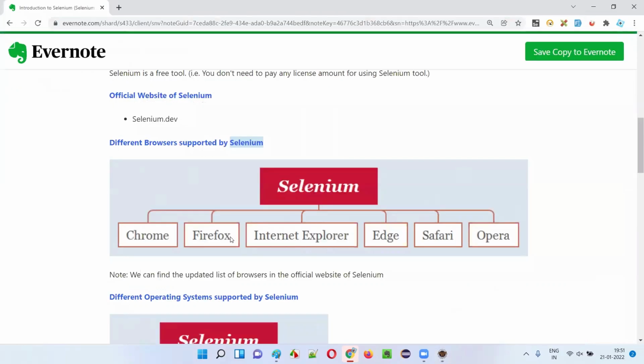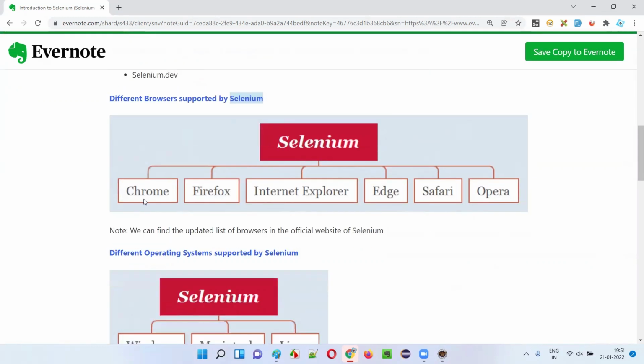So based on the given driver names, the script can run on different browsers like Firefox, Internet Explorer, Edge, Safari, and Opera. Chrome, Firefox, Internet Explorer, Edge, Safari, and Opera are the different browsers supported by Selenium. To get the updated list of the browsers,